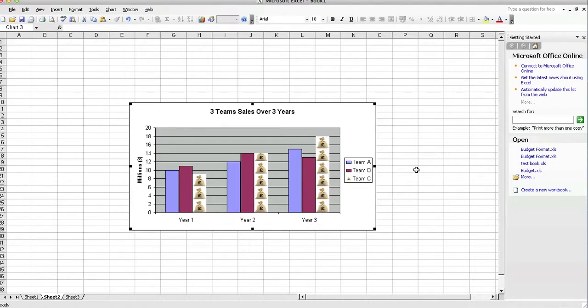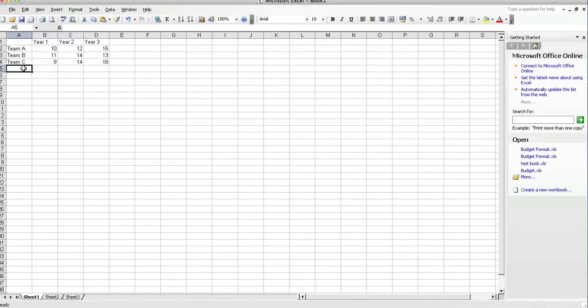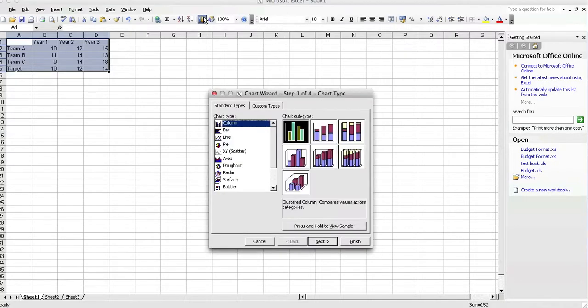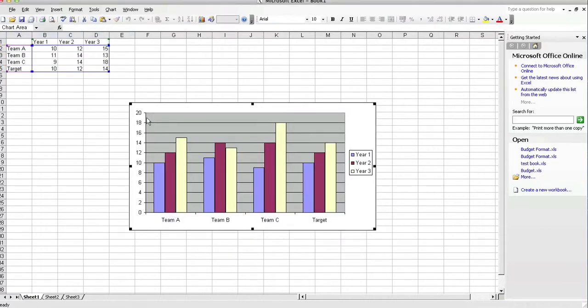Okay. We're going to go on and we're going to do one much more advanced thing now. Watch this. We're going to add a target. And their targets was 10 in the 1st year, the targets were 12 in the 2nd year, and the targets were 14 in the 3rd year. Okay, I'm going to make another chart out of all of it. I'm going to select it all, okay, and I'm going to press the chart wizard button, boom, and I'm going to just hit finish, because we know we could go in and we could configure it all, but